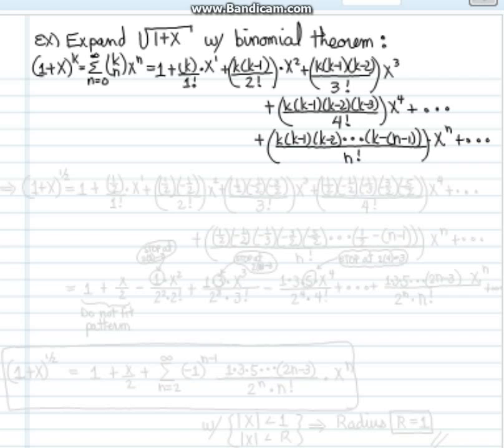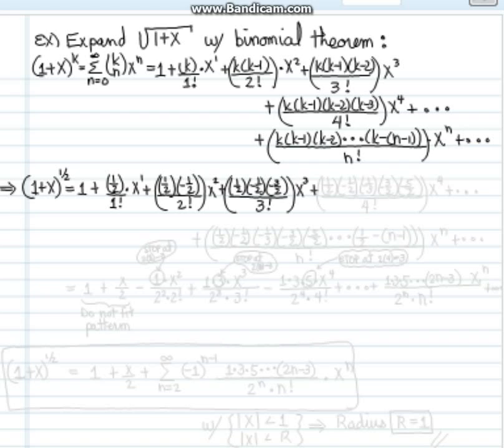So in our situation, we have the square root, which is the 1/2 power. We have (1 plus x) to the 1/2 power, so k is 1/2. According to our expansion formula, that equals 1 plus (1/2) over 1 factorial times x to the first, plus 1/2 times (1/2 minus 1), which is negative 1/2, over 2 factorial times x to the second, plus 1/2 times negative 1/2 times, subtracting 1 from negative 1/2, negative 3/2, all of that over 3 factorial